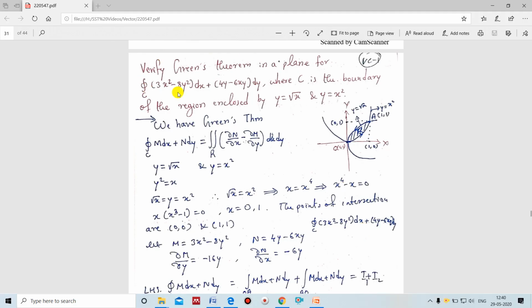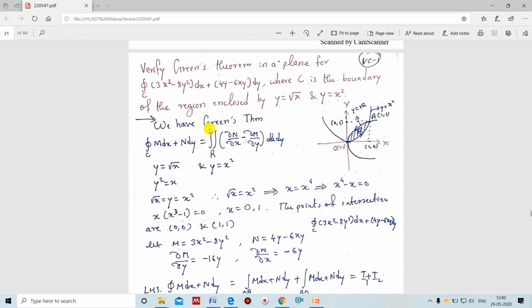The example is: verify Green's theorem in a plane for the integral along the curve C of 3x square minus 8y square into dx plus 4y minus 6xy into dy, where C is the boundary of the region enclosed by y equal to root x and y equal to x square. Next we